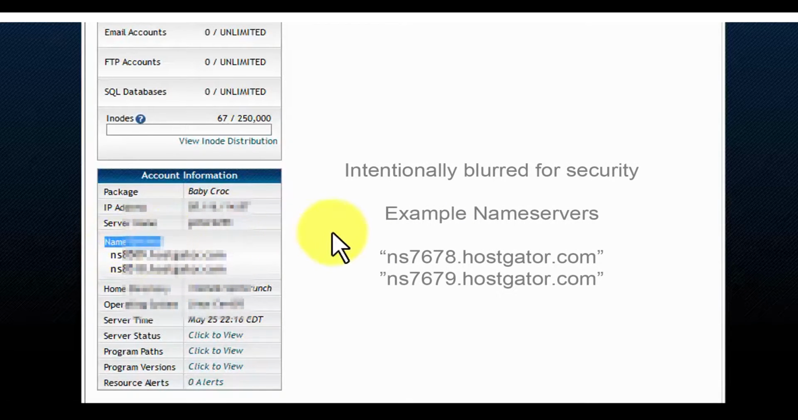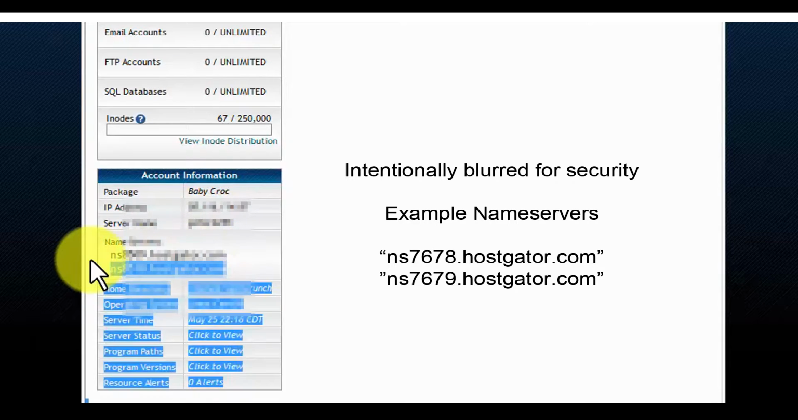What we do want to look at, if we go all the way down the bottom here to the account information, it tells us package, Baby Croc, and it gives us the IP address here and the server name, and right below that it says name servers. This is really important. See how the first one says NS hostgator.com. These are the name servers